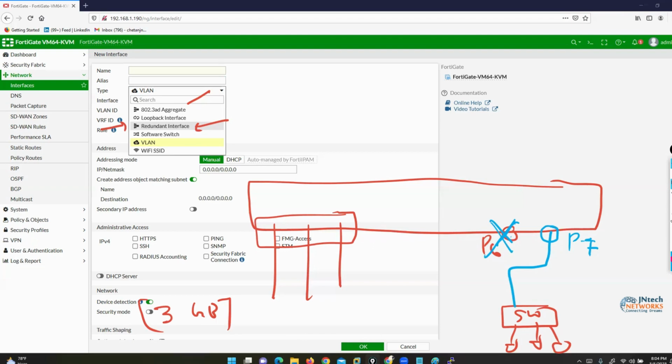That's why in this scenario, we can combine these two interfaces. For example, port number 6 and port number 7, I can combine these two interfaces and create a redundant interface. Once you combine these two interfaces, one interface is acting as active and one interface is acting as passive. And once you combine, you create this redundant interface. You can configure an IP address. For example, the interface name is red1